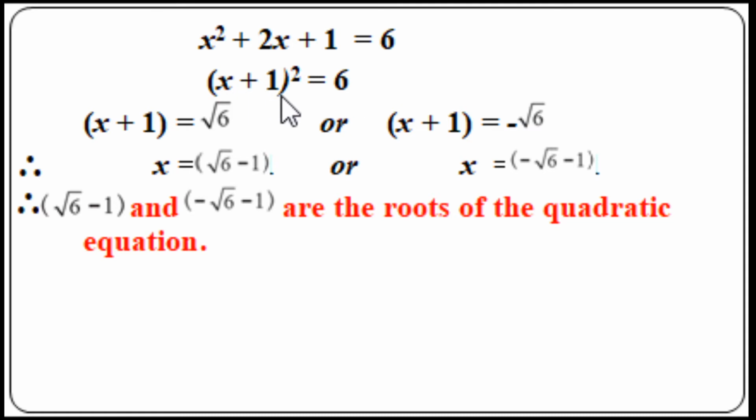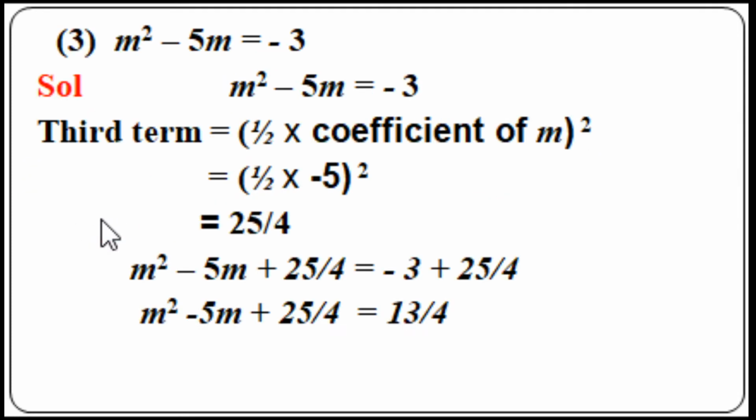So x plus 1 the whole square is equal to 6. By taking the square root, x plus 1 is equal to root 6 positive or root 6 negative. So by solving this we get x is equal to root 6 minus 1, or x is equal to minus root 6 minus 1. So these are the two roots of the equation, root 6 minus 1 and minus root 6 minus 1. Third question,